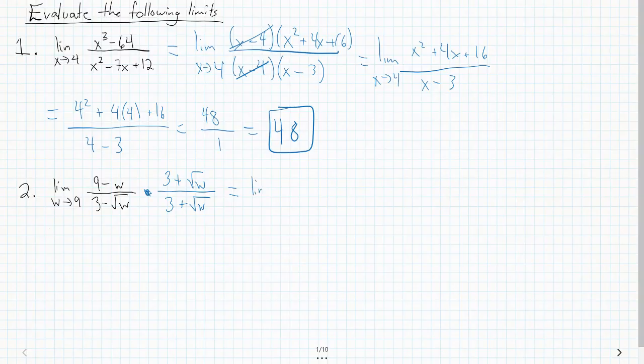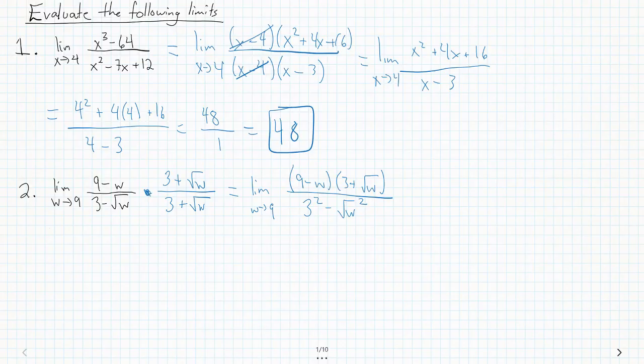Well, we have the limit as w approaches 9. We have 9 minus w up top along with 3 plus the square root of w. And I just wrote it before, a minus b times a plus b is going to be a squared minus b squared. So that's going to be 3 squared minus the square root of w squared. Technically that becomes an absolute value of w, but since we're dealing with a positive number, we don't have to worry about that. So what we have is the limit as w approaches 9